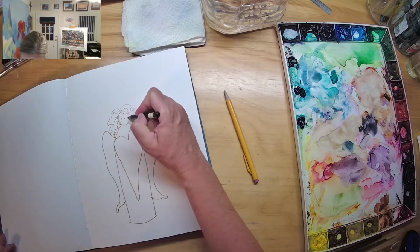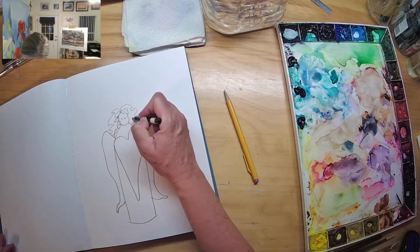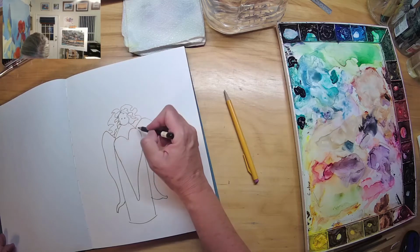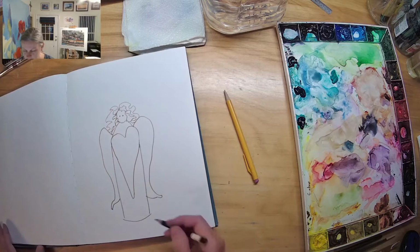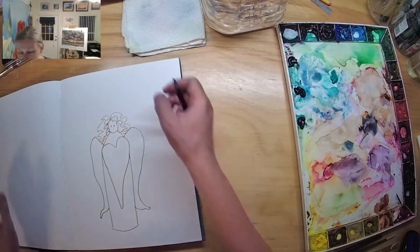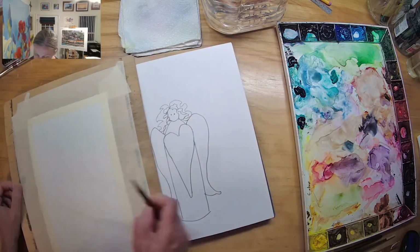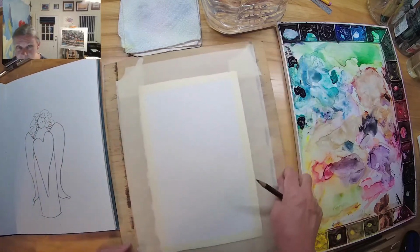Normally you don't want too many lines on your watercolor paper, but this is a slightly different thing, because it's just a fun little, almost a craft painting. But anyway, once I've got my design figured out, then I pull my watercolor paper over,